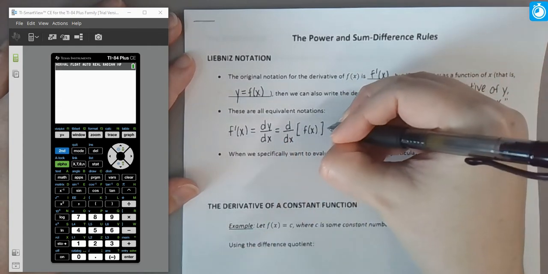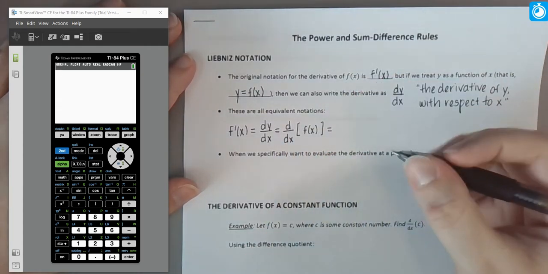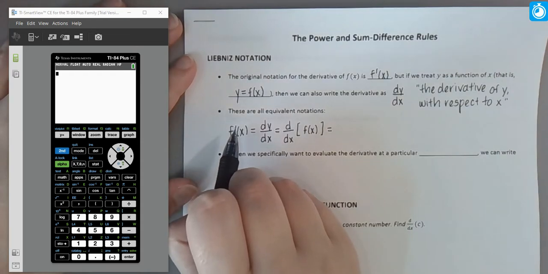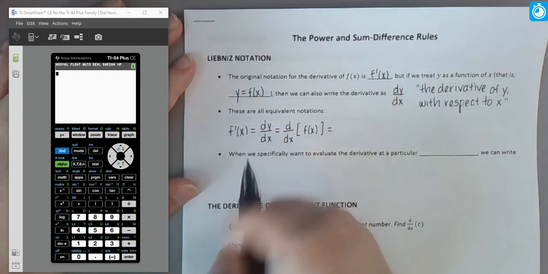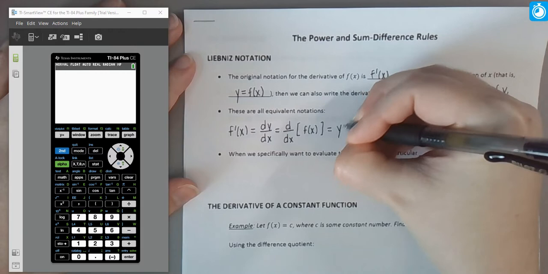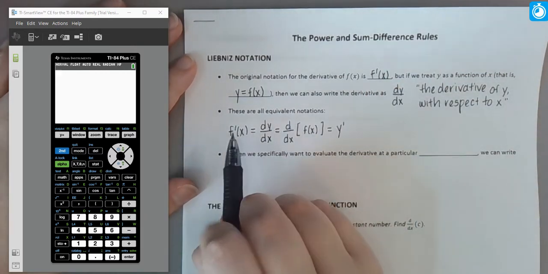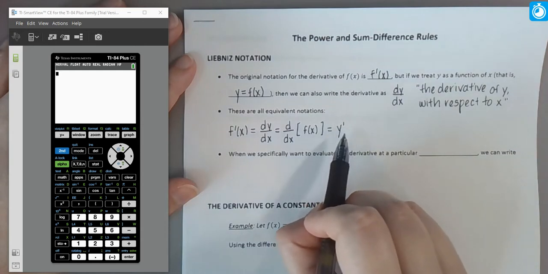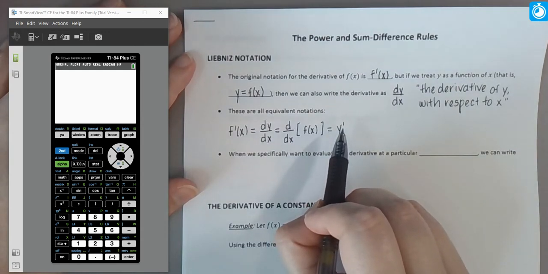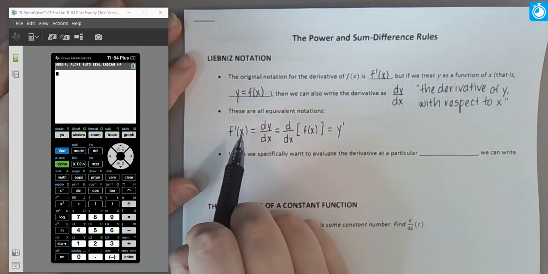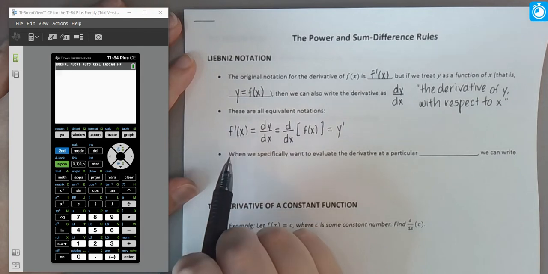And then another, probably the most simple way to use our notation, rather than writing f prime of x, since we think of f of x and y as being the same thing, another really simple notation is also y prime. The benefit of this notation versus this, though, is notice in this case we don't actually see any of the additional variables involved other than the variable y. So here, f prime of x, we can specifically see what the input variable is, the variable that we're differentiating